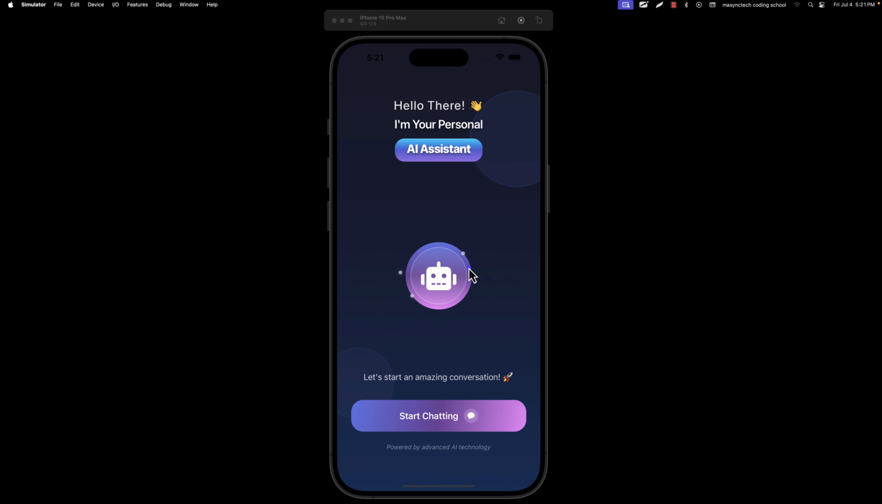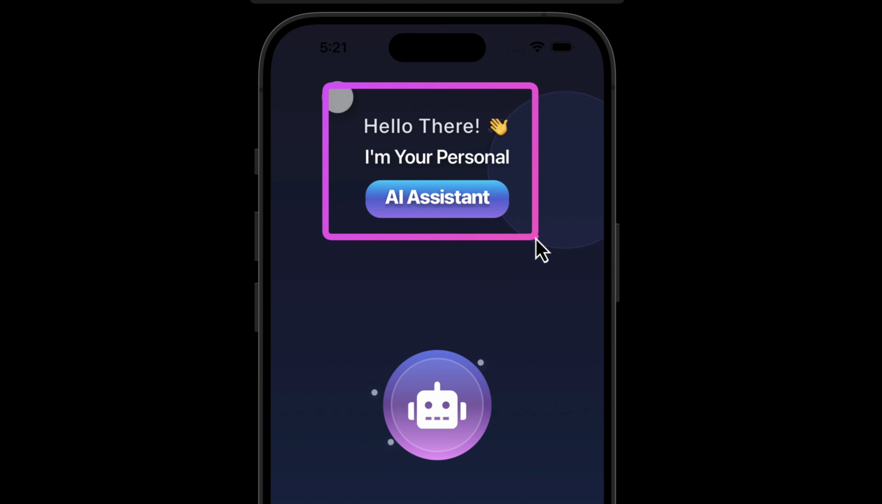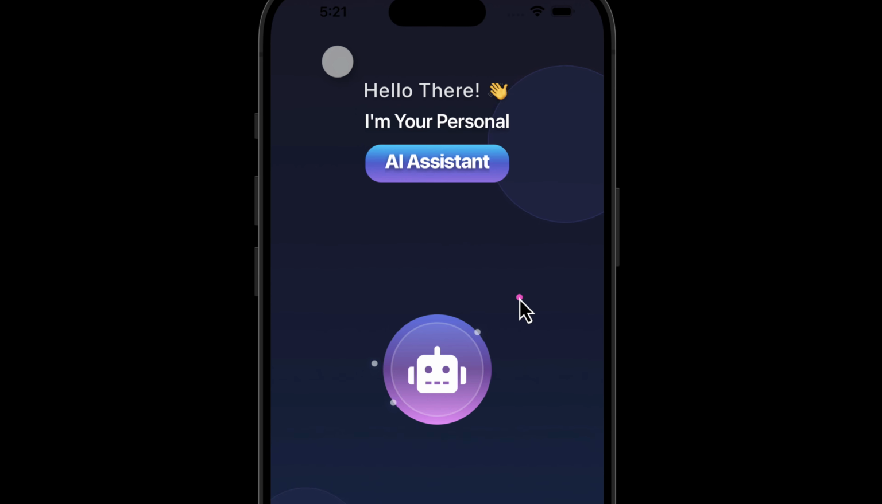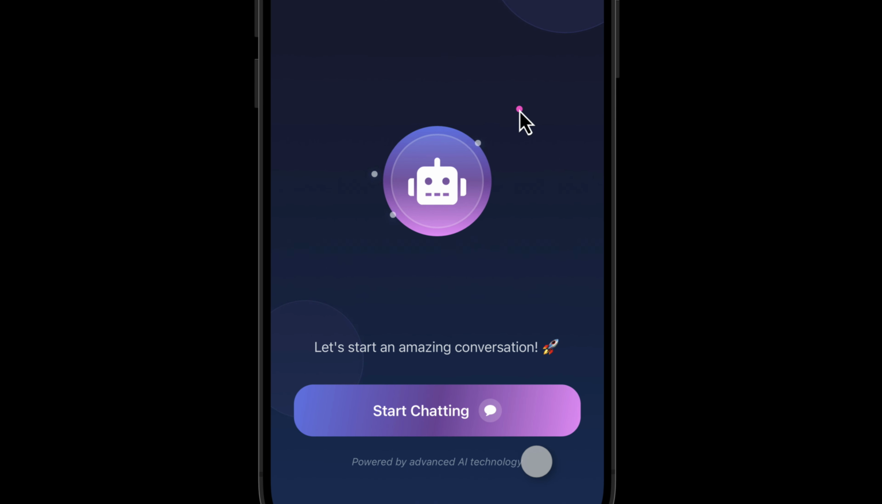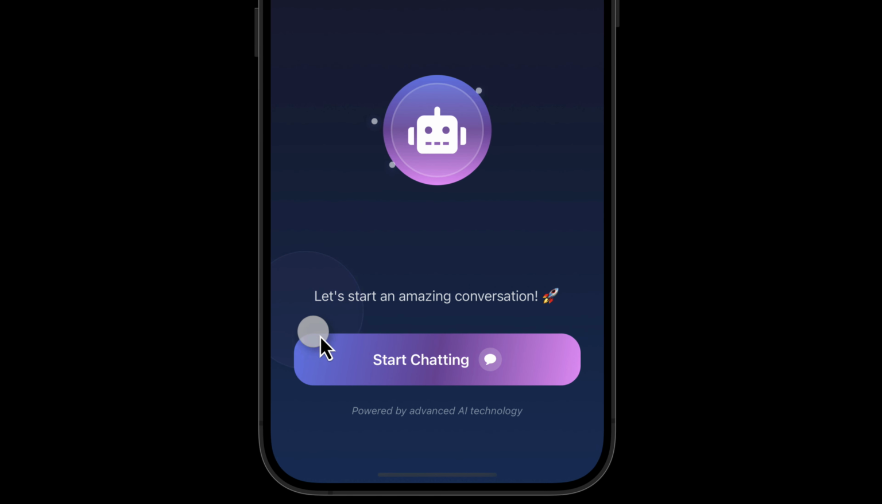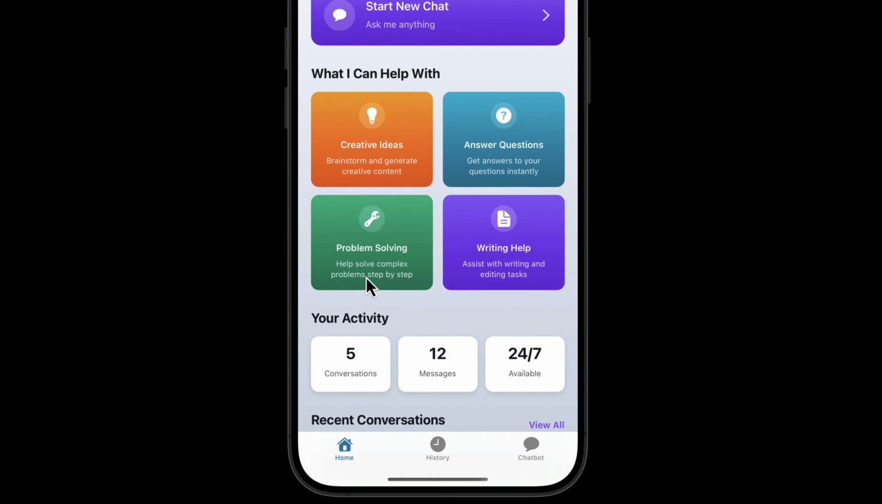With this one being said, let's look at a live demo of the project that we are going to build. And this is the welcome screen, and it says, hello there, I'm your personal AI assistant. And the best part is that we're going to use a free API key that we can use for unlimited usage from DeepSeek AI. And to start using this application, I'm going to click on start chatting, and we have